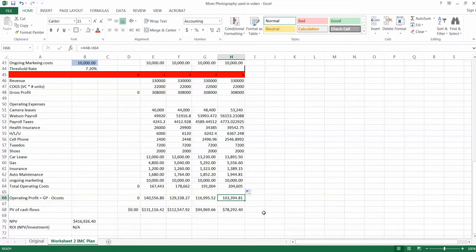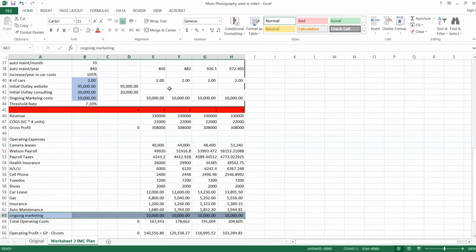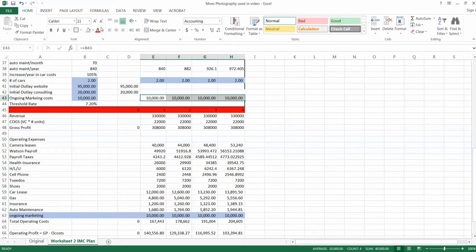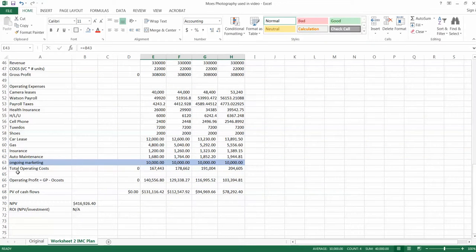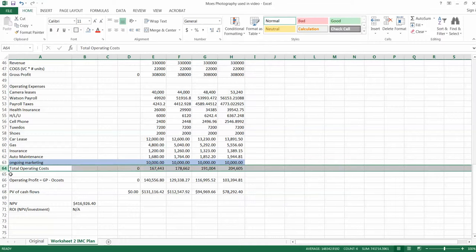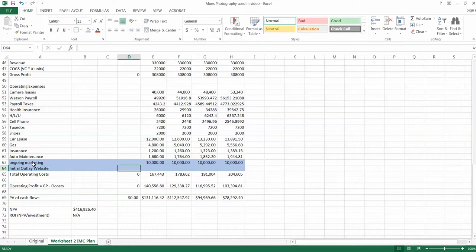So by just changing a few things, we had to add this line for ongoing marketing expense, which is good. And changing some of our numbers up here and adding this whole row and this row, we were able to change our years 1 through 4, but we still haven't dealt with year 1. So let's go ahead and give ourselves an initial outlay website, and that is going to be